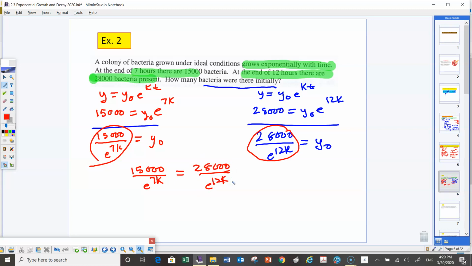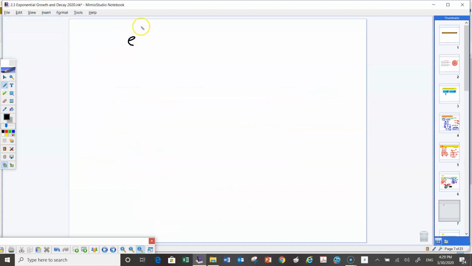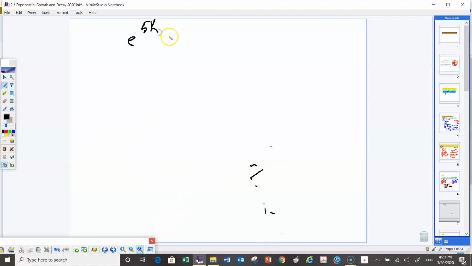Now I'm going to do some cross multiplying or manipulating. I'm going to move the e to the 12k up there and the 15,000 down there. So I'm going to get e to the 12k divided by e to the 7k is equal to 28,000 over 15,000. So the zeros will cancel. Using my laws of exponents, if my bases are the same, I can subtract my exponents. So therefore, I'm going to get e to the 12k minus 7k, which is e to the 5k, is equal to 28